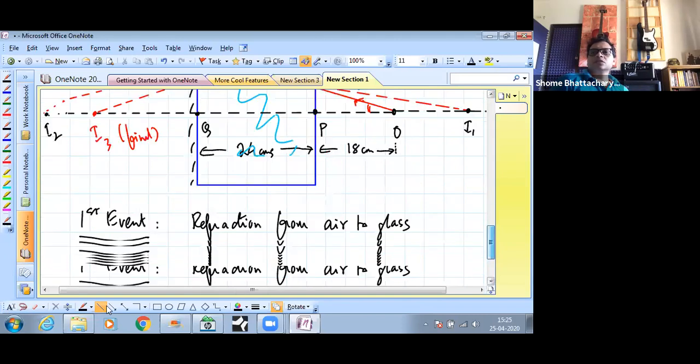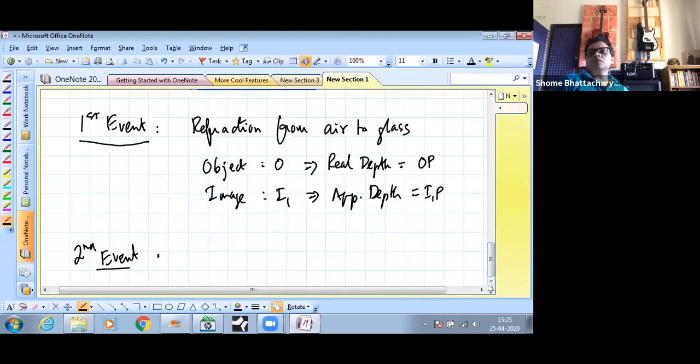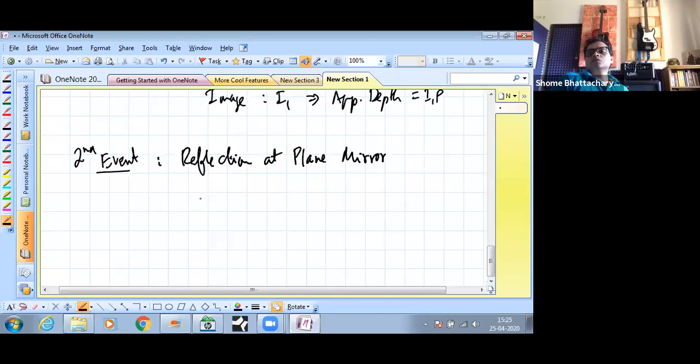Okay? So the second event is reflection at plane mirror. Okay. So for that, the object, by the way, is not the original object. It is the image of the first event. Okay. And the image is I2. Okay. So we'll use the concept that object distance